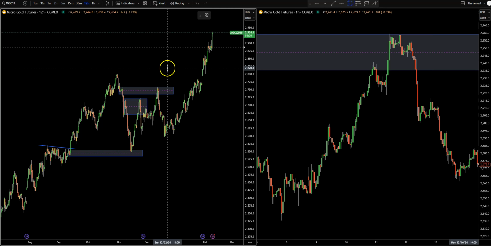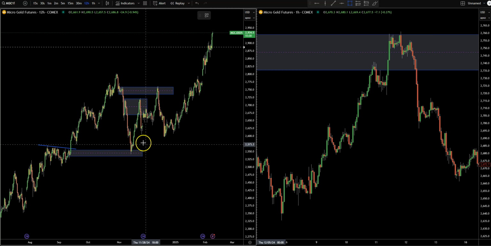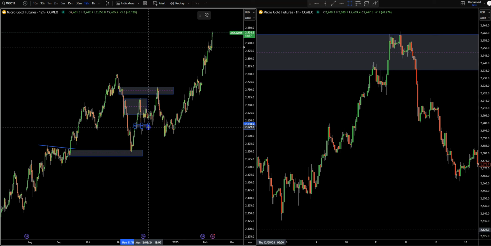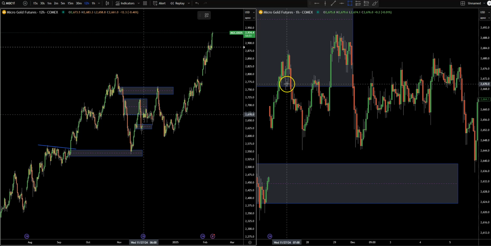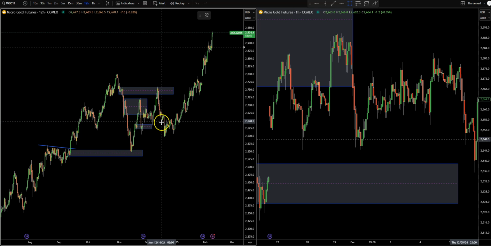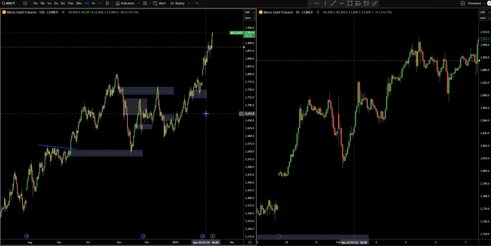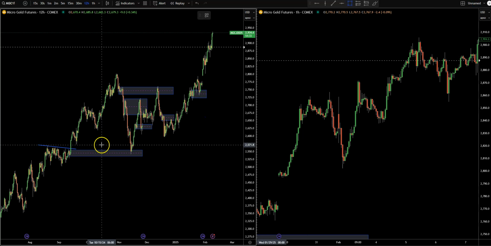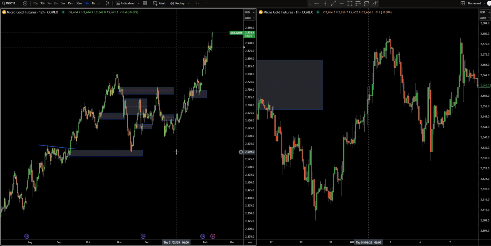I've also pointed out in these couple that I've drawn the really more obvious ones, but you could also go, supply and demand is a very much fractal thing, right? Price moves in big moves, little moves, all over the market, all time frames. And that's why it's so hard to predict sometimes. I mean, all of these little areas you could call supply and demand. Again, not to say we should trade all of them, but you can see where there could be a ton of opportunity